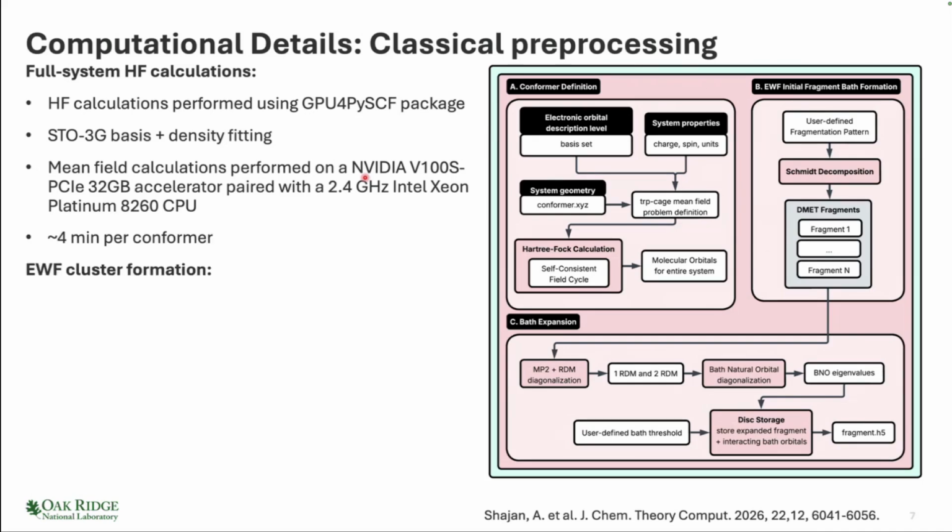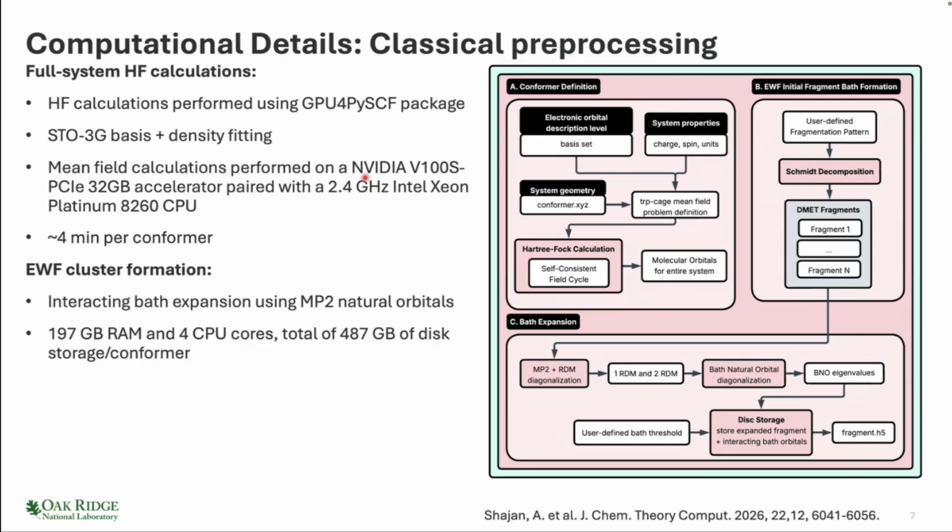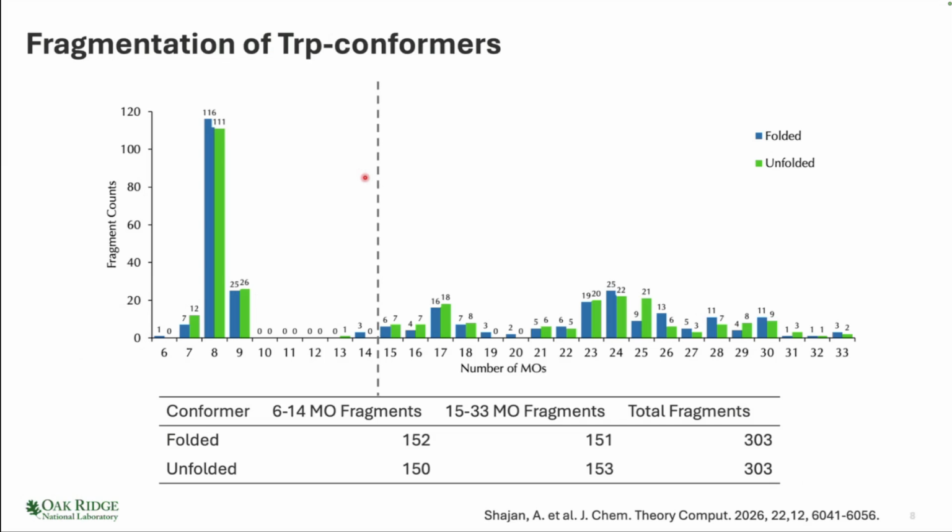Then to go from this mean field full system calculation to the embedded wave function cluster formation, again, we're doing an interacting bath expansion with MP2 natural orbitals. This was done on a 4-core CPU, and it takes about 30 minutes of wall time for the full system calculation here, and then those individual fragments are written out. So if we look at a sampling of those